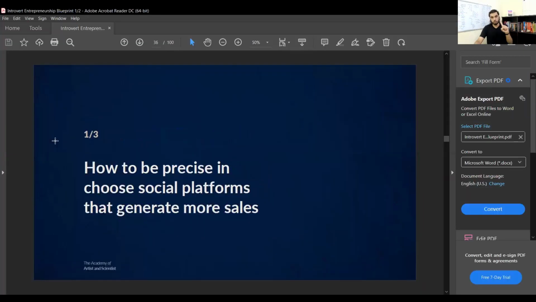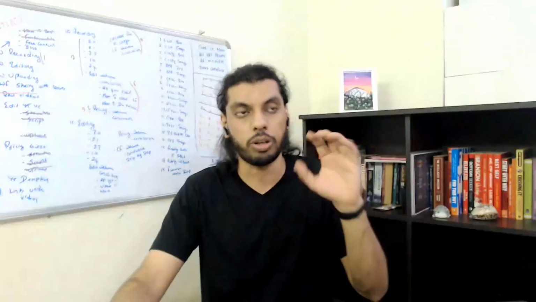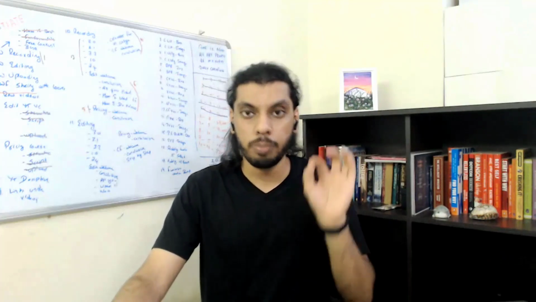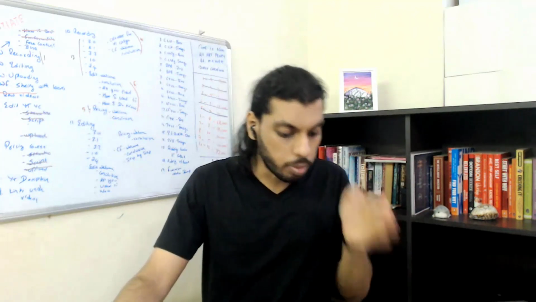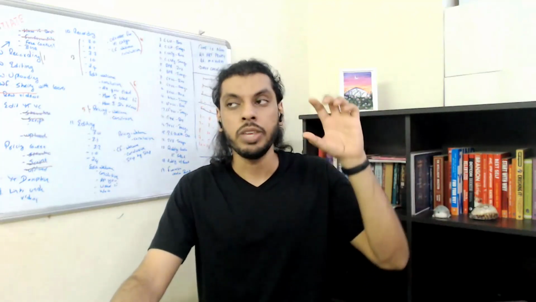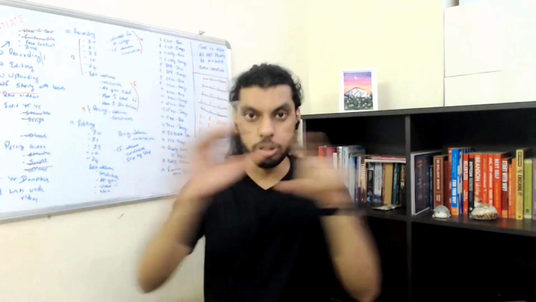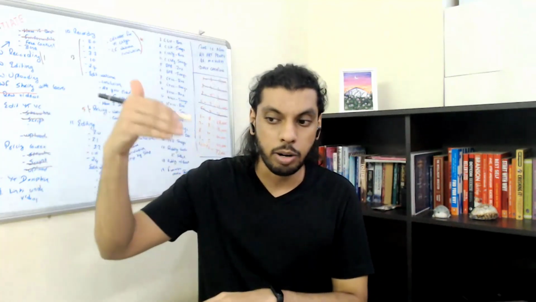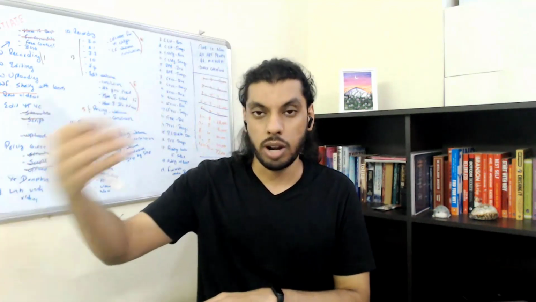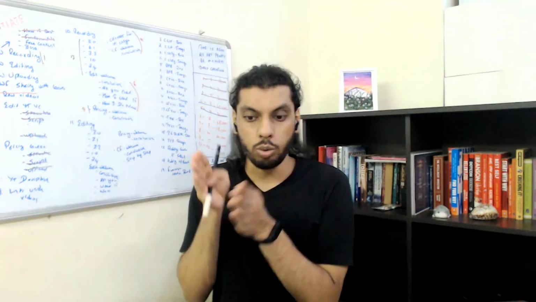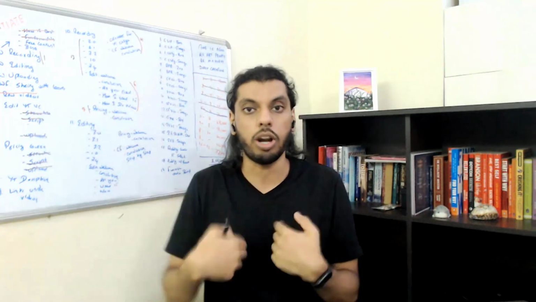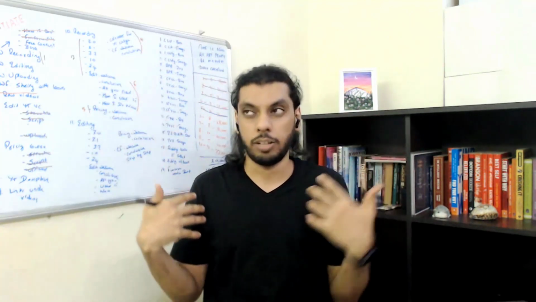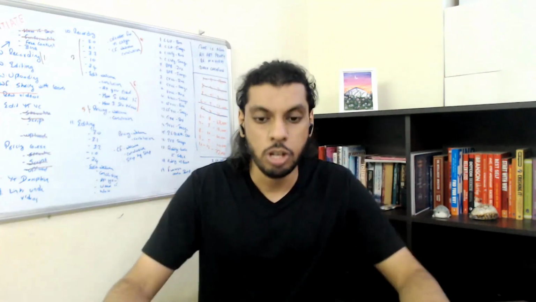So the first point we have been talking about is how to be precise in choosing social platforms to generate more sales. Anything that we're doing, we need to be precise so that we get the results. One of the codes of honor in my course acquisition is: how can I do something that, towards the end of the tunnel, is going to get me results? There are a thousand different ways to do a lot of things, but they might not necessarily have a result at the end. What I am specifically looking at is: if I do this, what can be the consequence? The consequence has to be something rewarding, refreshing, like fruits or something good. So that's what we are looking out for.